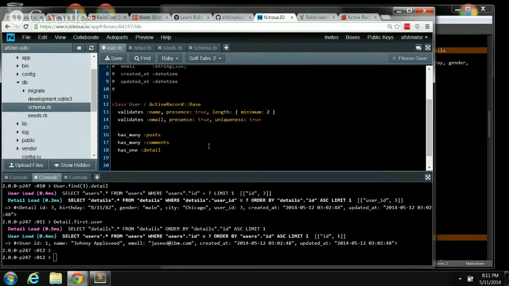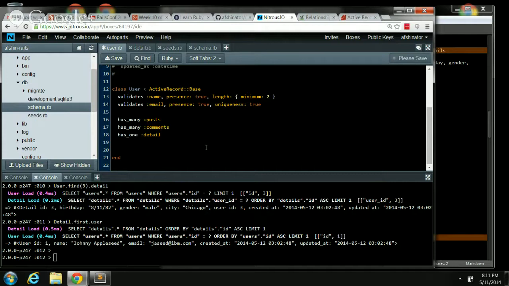So in this case, let's say after we initialize a new user, we want to create the associated details object. The after_initialize callback will be called whenever an Active Record object is instantiated, either by directly using new or when a record is loaded from the database. So we are in our user model, and we can say after_initialize, do this stuff. After initialize, build_detail if